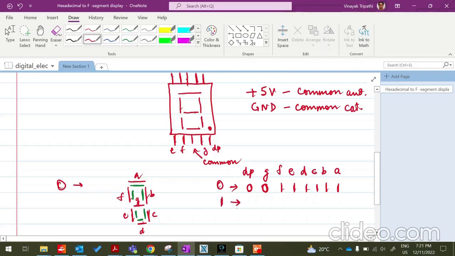Similarly for 1, if I can just show you, we only need to glow B and C, right? So we will only be marking B and C as 1, rest everyone becomes 0, right? Similarly for 2,